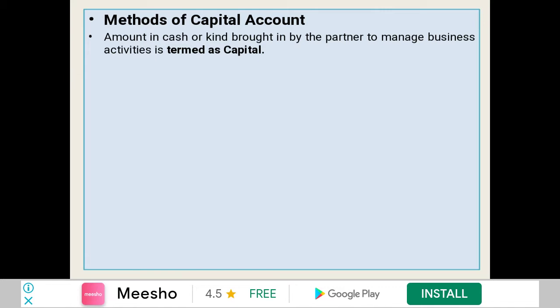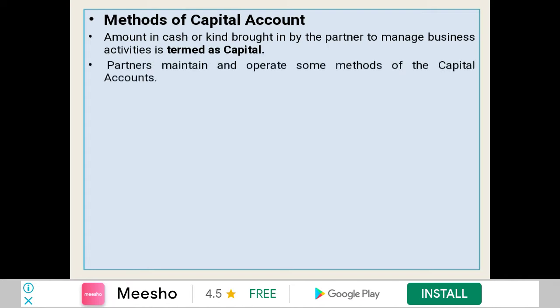So we will start with the fixed capital method. Amount in cash or kind brought in by the partner to manage business activity is termed as capital. Partners maintain and operate some methods of the capital accounts. The two methods of capital accounts are